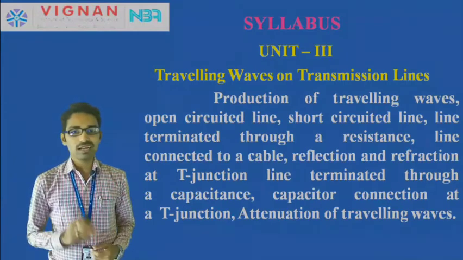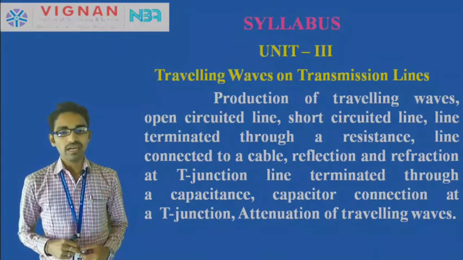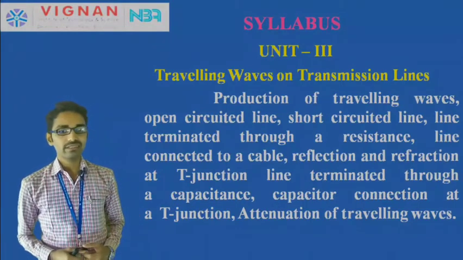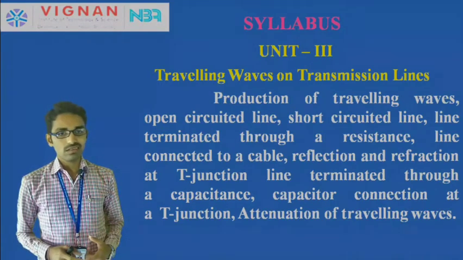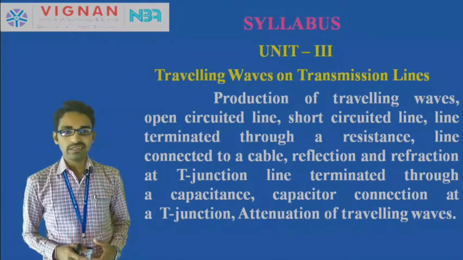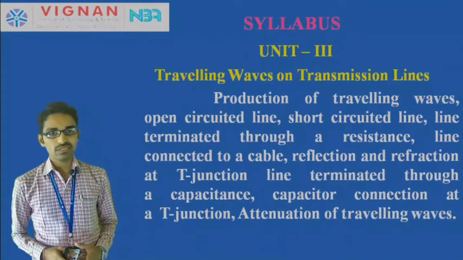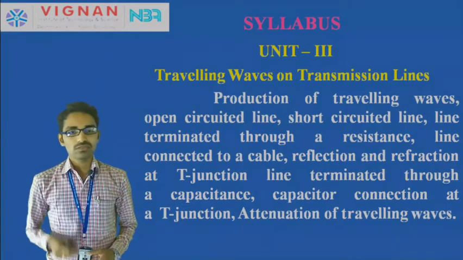And then you have reflection and refraction at a T junction. The line terminated through a capacitance, and a capacitor connection at T junction, and attenuation of these travelling waves. So, this is the syllabus of the third unit's second part. So, we will see one by one